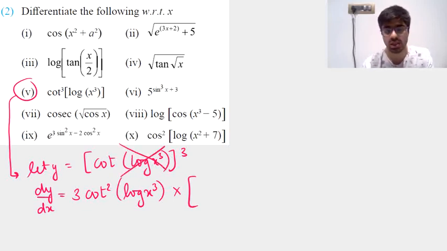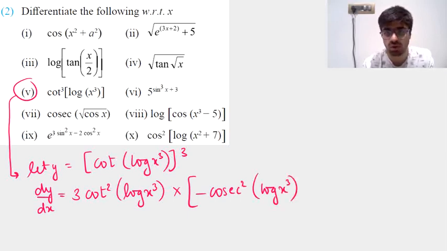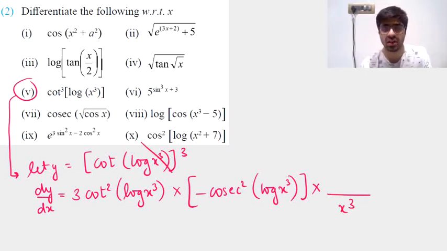Think of it as cot x. The derivative of cot x, that is minus cosec square x. So this will be minus cosec square log of x cube. In place of x this time we had taken log of x cube. So derivative of log of x is 1 upon x. So log of x cube, the derivative will be 1 upon x cube. And you further multiply with the derivative of whatever you had taken in place of x, which was x cube. So you multiply with the derivative of x cube, which is 3x square. So here x square and x cube get cancelled, leaving you with an x in the denominator. So 3 upon x are your last two terms.